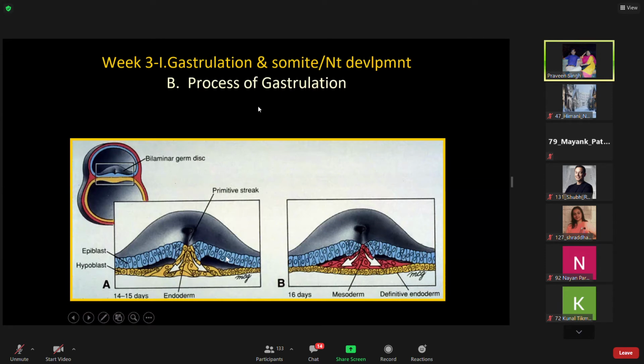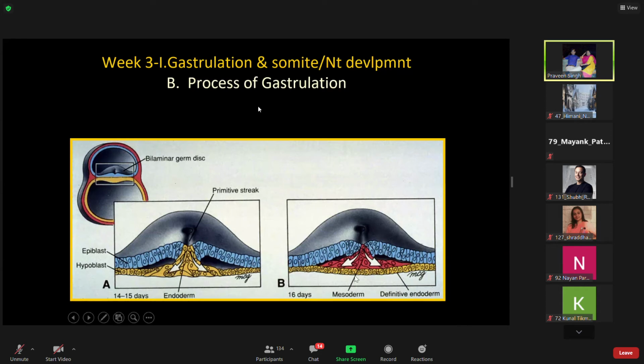Now this epiblast will first of all form endoderm. The cells of epiblast will form and will come to replace the hypoblast. So first cells derived from the epiblast are endodermal cells. They replace the hypoblast. You can see it happens within 14 to 15 days. Then during 16th day, the primitive streak जो हम बात कर रहे हैं वो बनता है, and the cells of